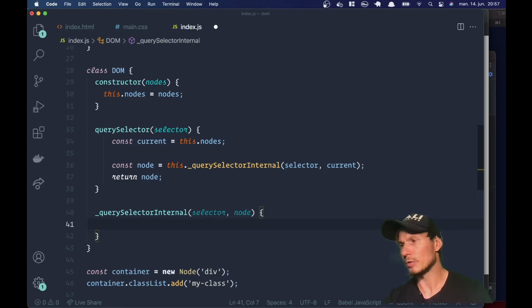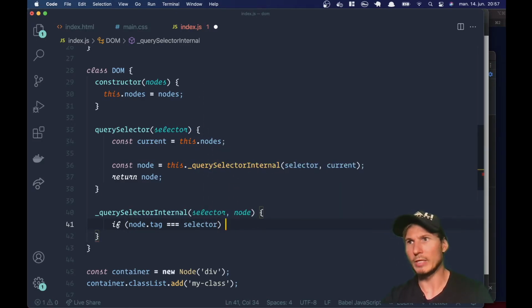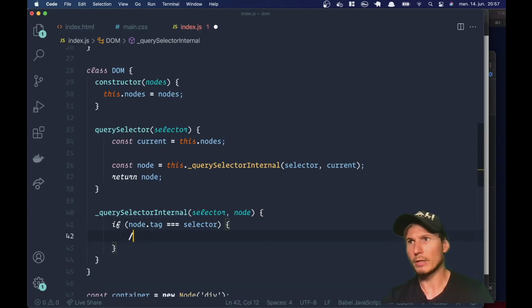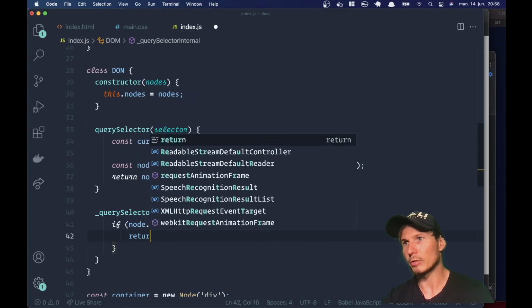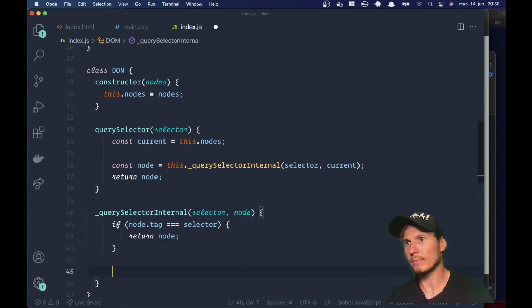And what we want to do is check if the node.tag equals the selector. So if we have an object that looks like tag h1, and we have a selector that is h1, then we want to return this node, because we only want to return the first instance we find. So we're going to go ahead and return the node in that case, and then we'll create a variable called found,